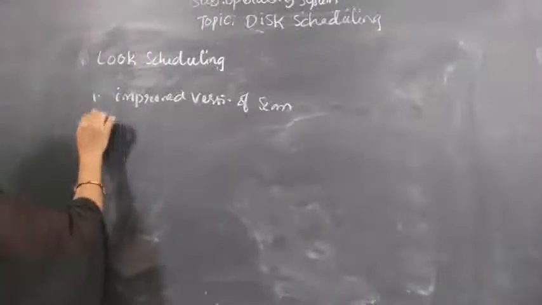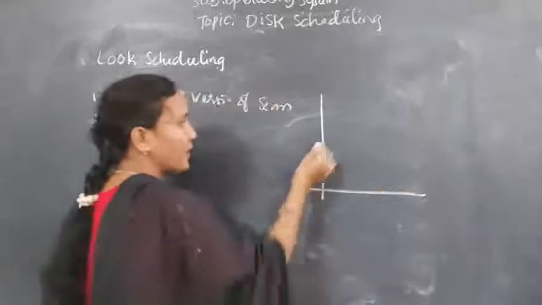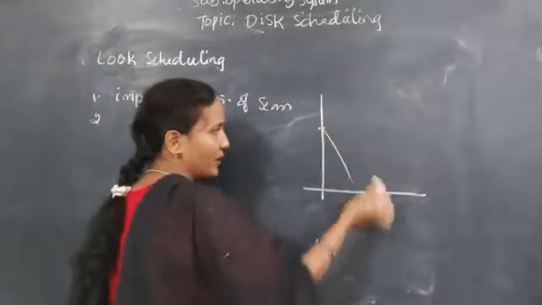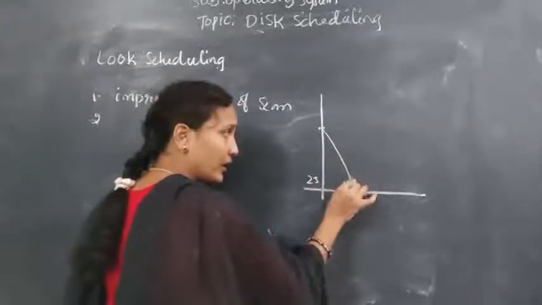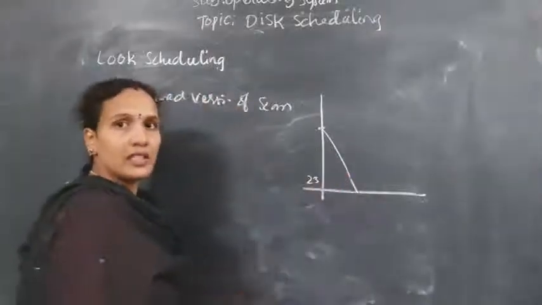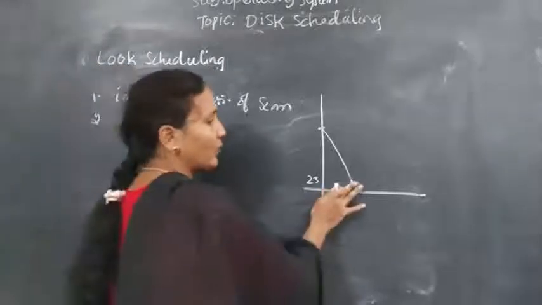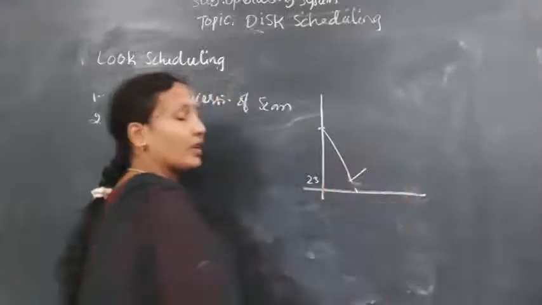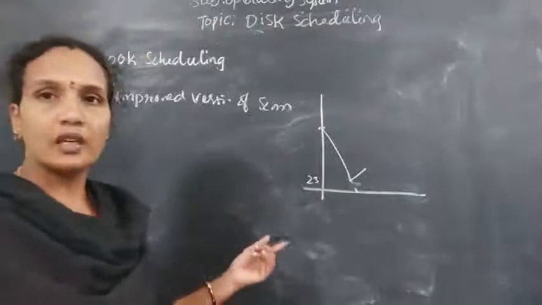This is the first point, the second point. For example, I will present it on the graph. The present point is here, and the last point is 23 according to the previous example. When it comes to 23, it won't move to 0. Immediately it will check what the next input request is. For example, after 23, 46, 48 is there. Immediately it will move to 43. It won't go to the end of the disk. Understood here?